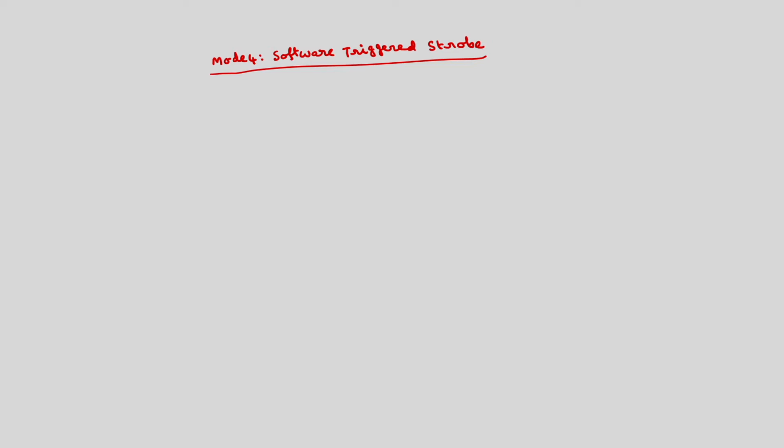In this case also, the gate signal will be kept high. After the mode set, we have to load the count value onto the counter. These 2 points are the same as in the previous mode. Okay. Once the count is loaded into the counter, then what happens is